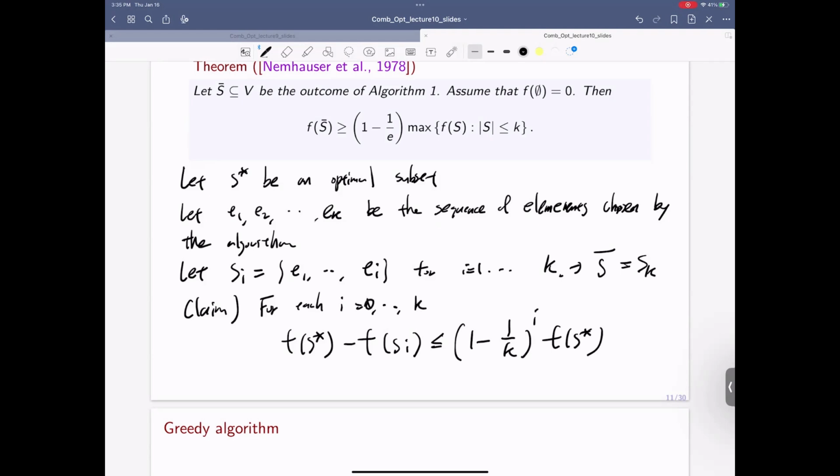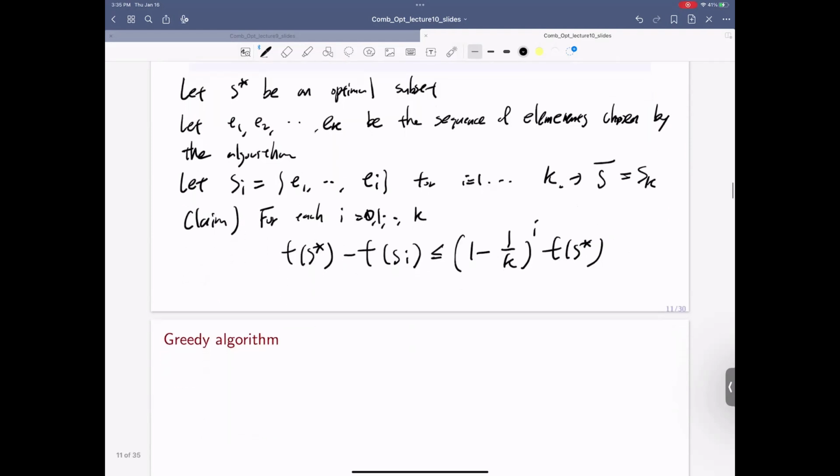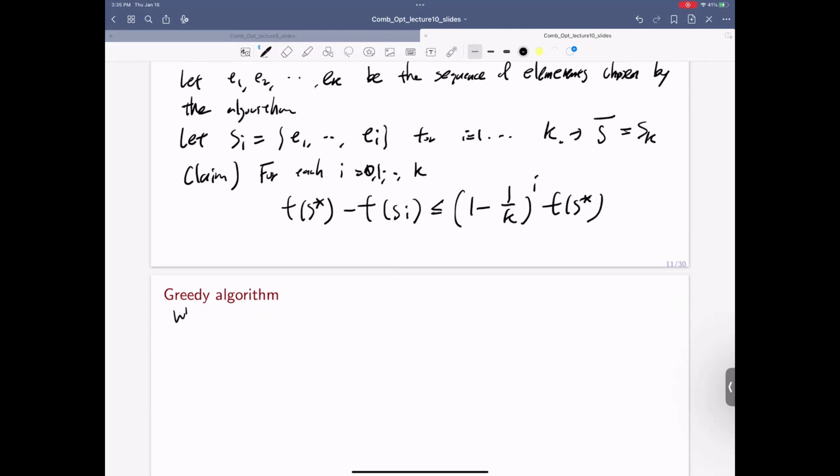For i from 0 to k. For the case when i equals 0, we assume that f of S0 is f of the empty set, which has value 0. The left-hand side becomes f of S star, and the right-hand side becomes f of S star because i equals 0. So it trivially holds. We're going to prove